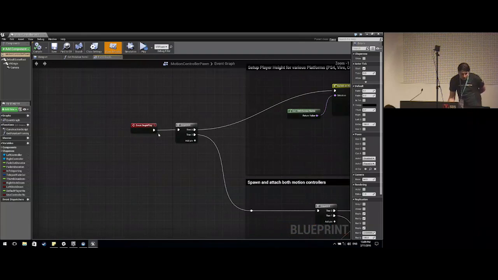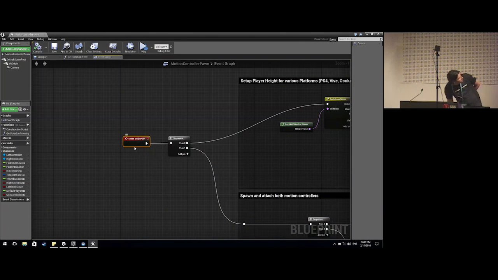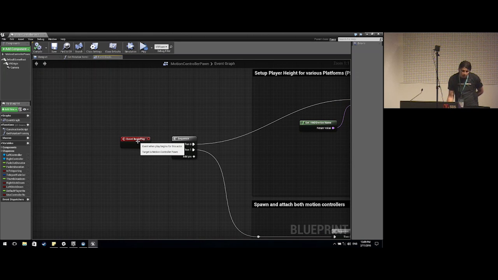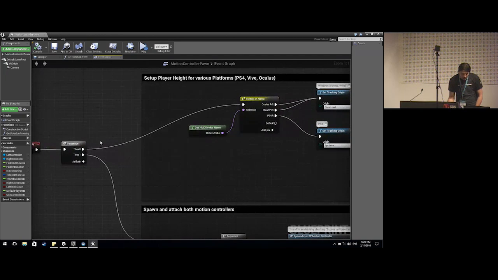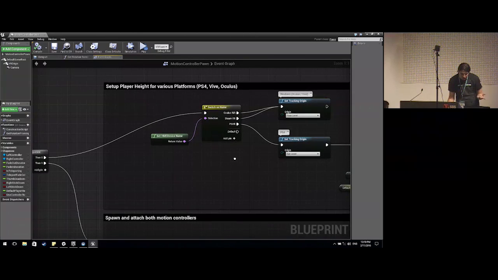So essentially we have an event-driven system. See these red nodes here? Is the screen reasonably clear for everyone? These red nodes represent events. So when an event is triggered, in this case begin play, so when the game first begins, this comes off and immediately just starts up a sequence that says, find out if they're using an Oculus, Steam VR, or PSVR,